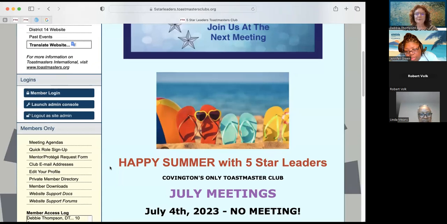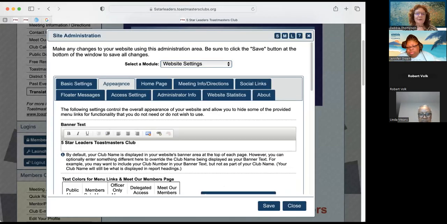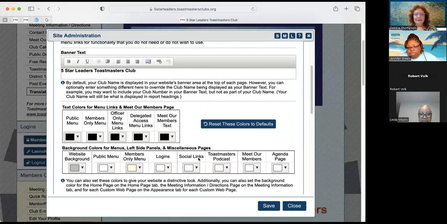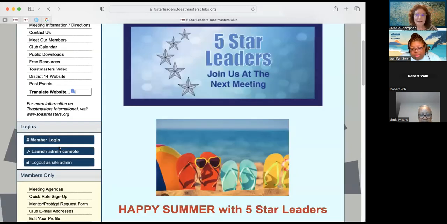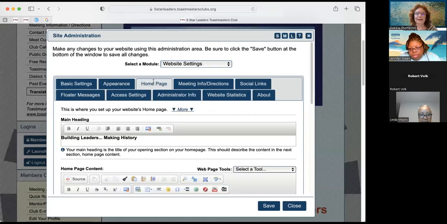But one thing people have asked me: when I went in appearance, I didn't see homepage. Did you? Nope. I don't see homepage anywhere. A lot of pages specifically have the color on the page itself. So let's launch that again. Let's go to homepage.